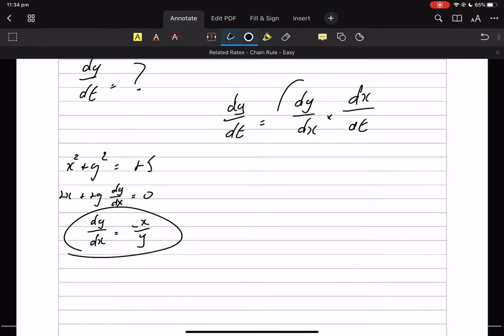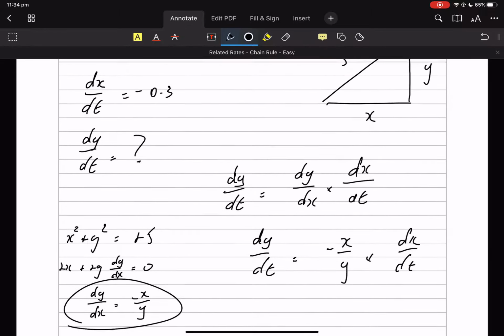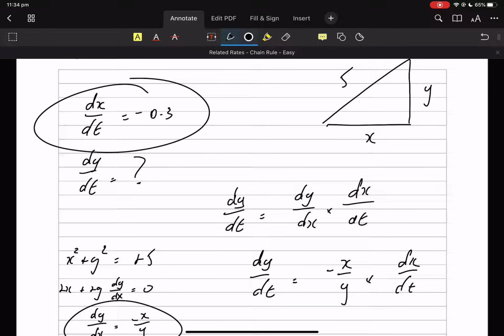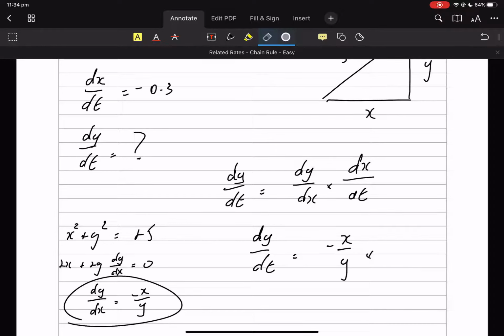So there's our dy/dx. So I can go dy/dt is what we want to find, is minus x on y times dx/dt. And we are given dx/dt. So that will be times, come on, get out of there,